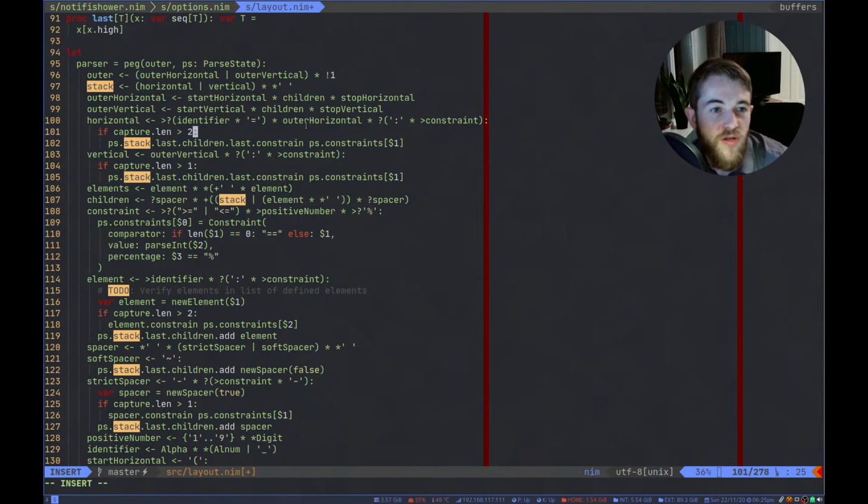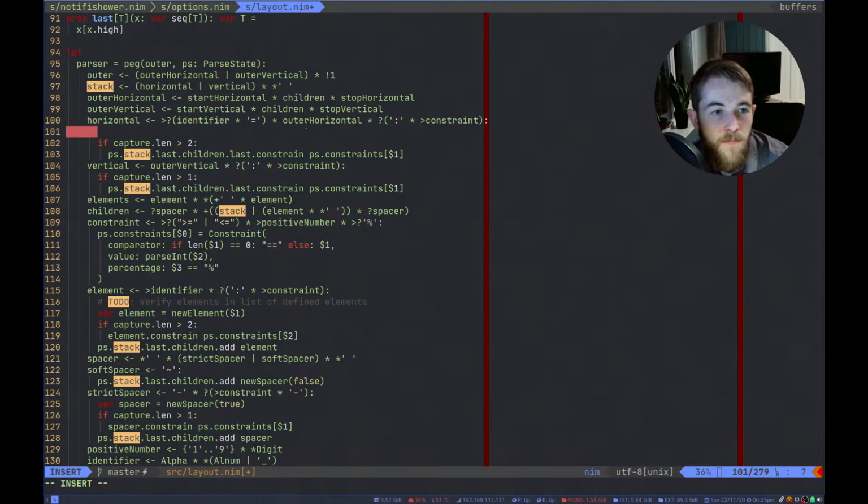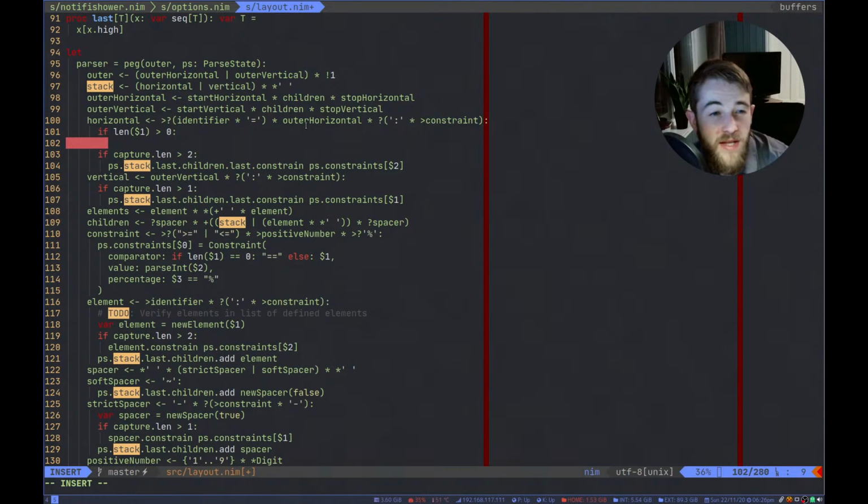If it's larger than 2, then add the constraint. Oh, and this must be 2. So if the length of this is greater than 0, that means we now have an identifier for our stack.